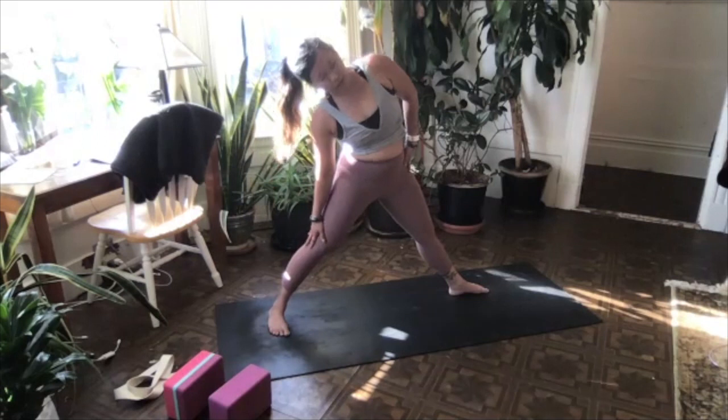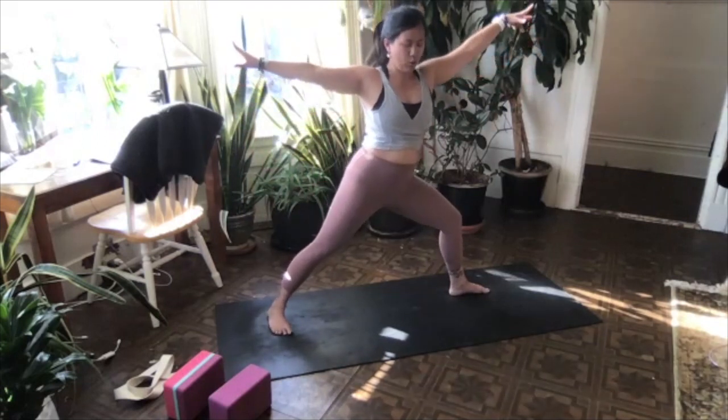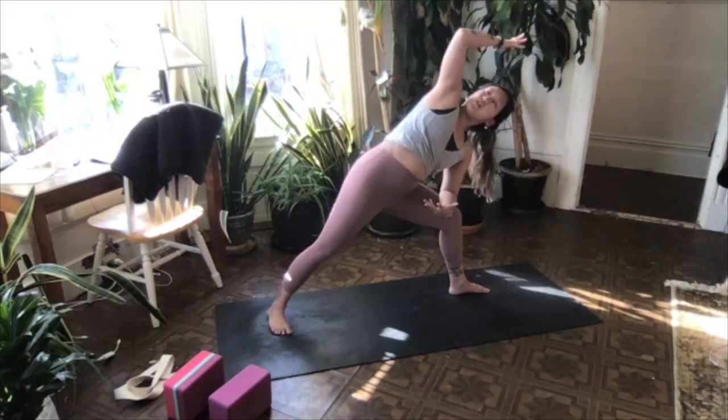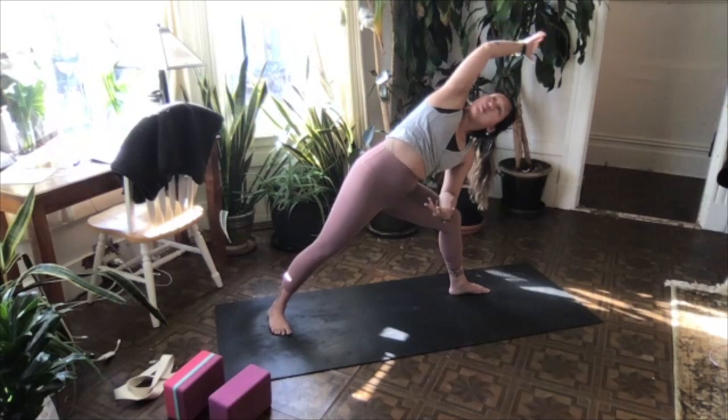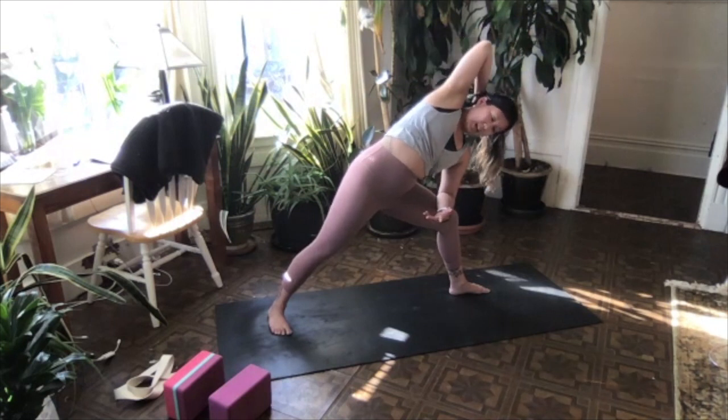Inhale, come back towards center. Arms reach out, rebend through the left knee. Reach all the way forward through the left palm until you can't anymore. Extended side angle on your left. So, Uttita Parsvakonasana. If it helps, you can take your hand towards the base of your skull and then press